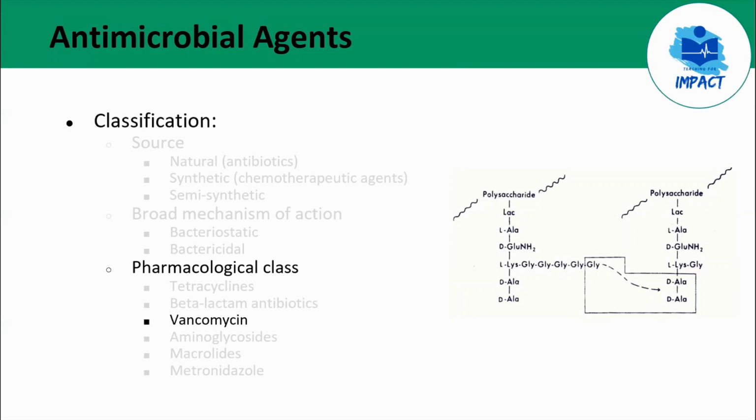Vancomycin binds to D-Ala at the end of the peptidoglycan building block after it has flipped out onto the external aspect of the cytoplasmic membrane. Therefore, even though MRSA has an altered penicillin binding protein, which is not inactivated by methicillin or its derivatives, it